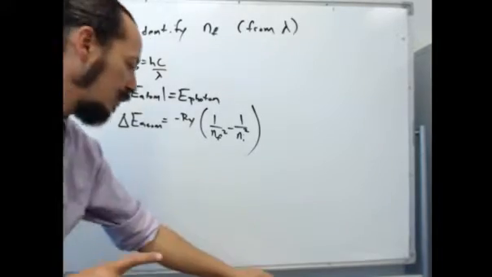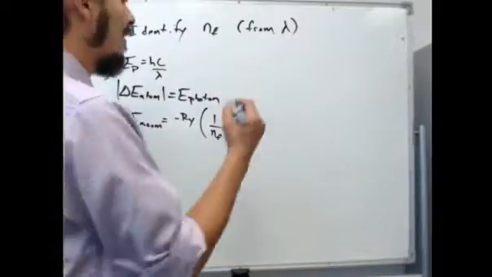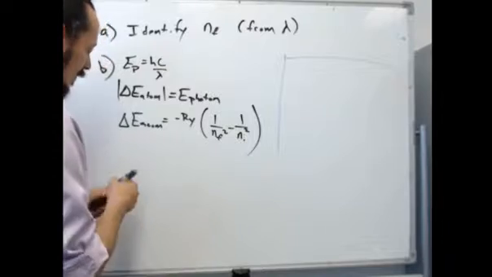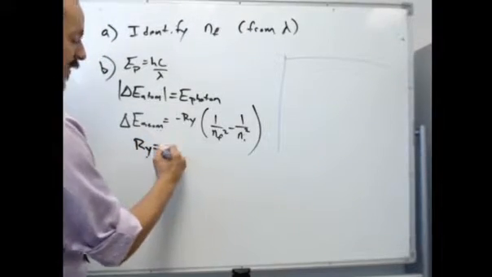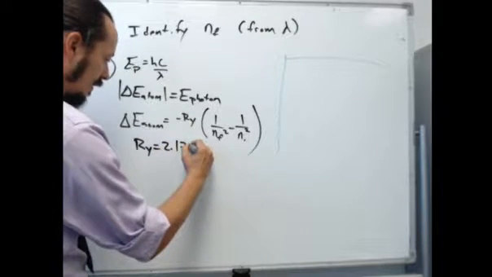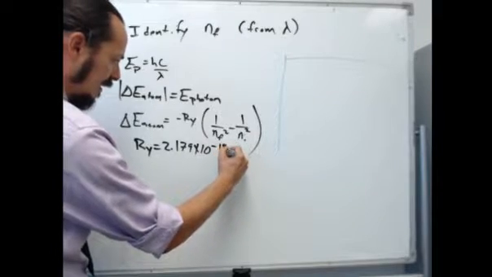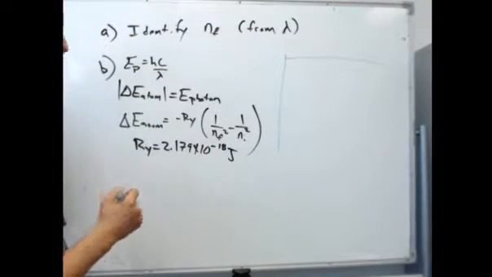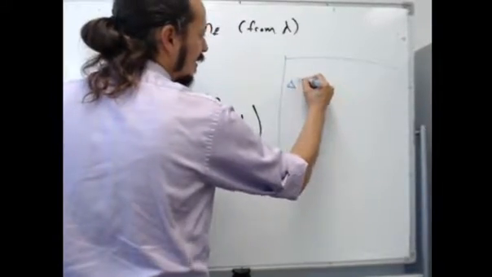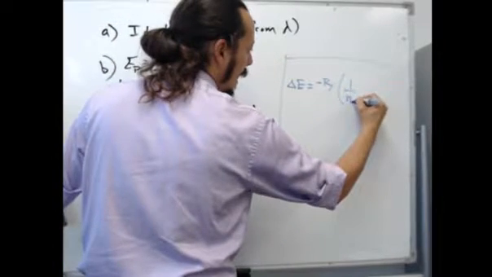Now I do want to mention something else. We have another Rydberg equation, another Rydberg constant. In this case, the Rydberg constant is 2.179, so 2.18 times 10 to the negative 18 joules. There's another Rydberg equation which says delta E equals negative Rydberg times 1 over